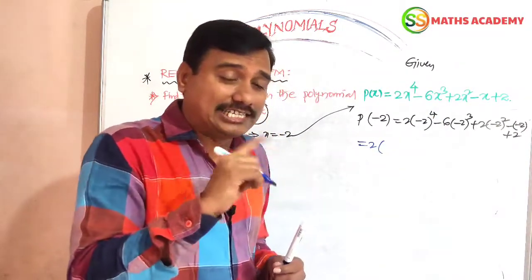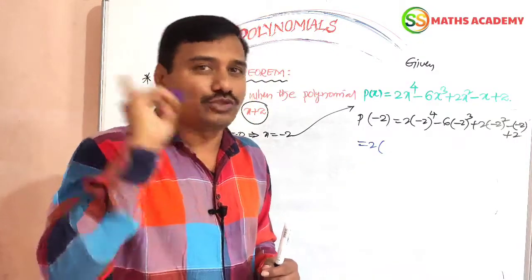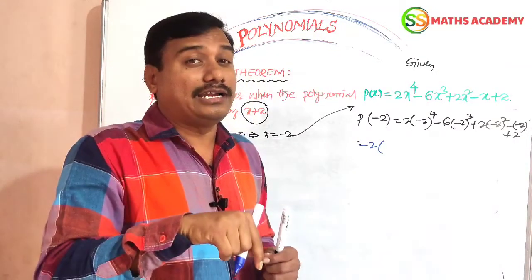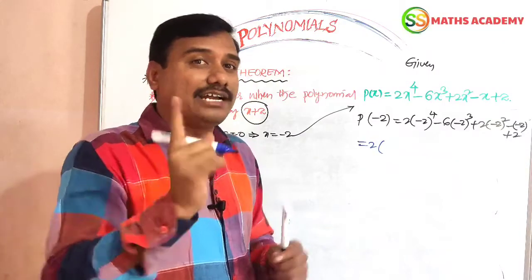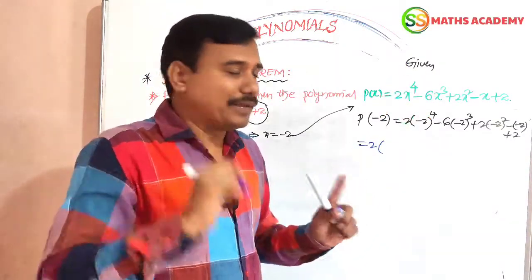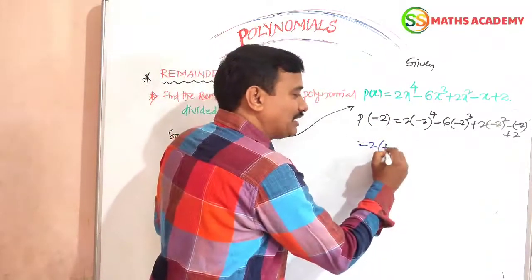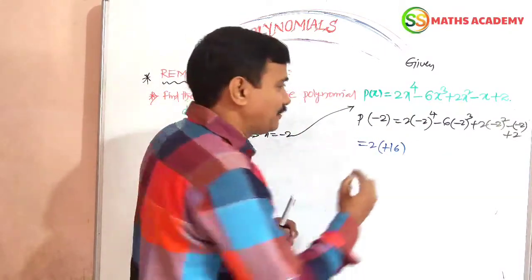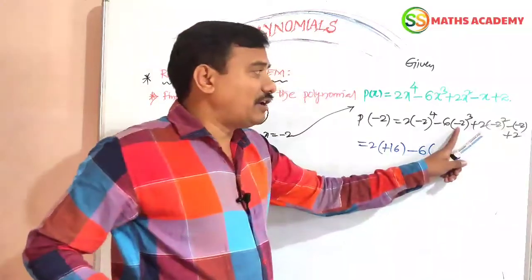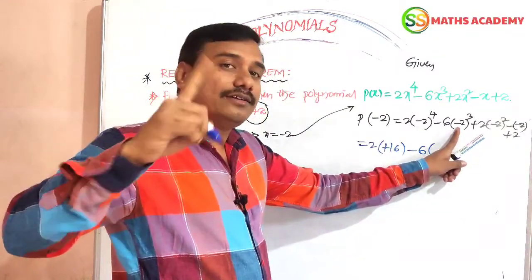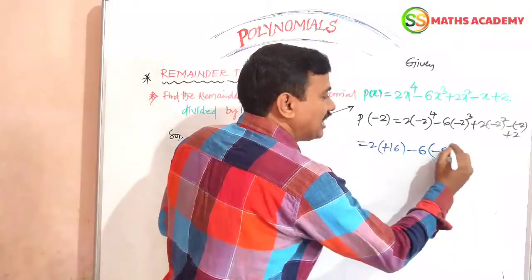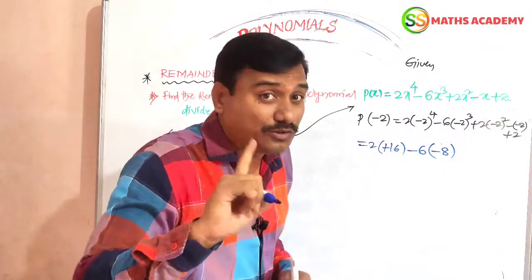Just as I told you very clearly, inside the negative sign, if the power is even, we should get positive. If the power is odd, we should get negative only. Remember, negative sign with even power gives positive, plus only. So 2 power 4 is 16, 16 minus 6. Inside the negative sign, the power is odd, so we should get negative, meaning minus 8. 2 cube means minus 2 cube, not 6 and 8.